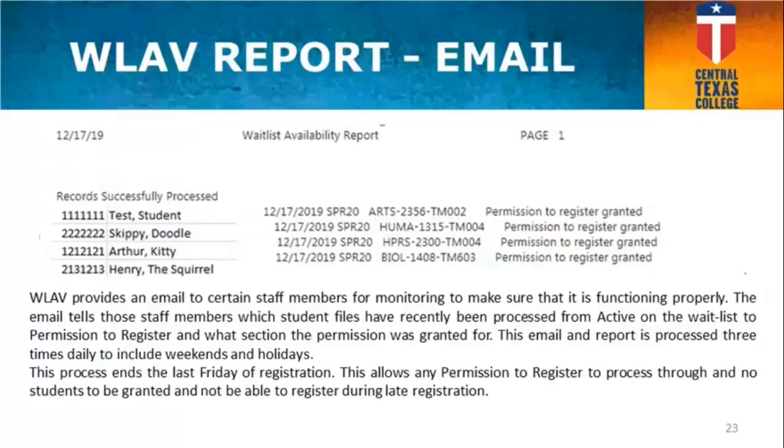The WLAD report, this is an email that we set up on our processor that we run 3 times a day, Monday through Sunday. So even during the holidays and over the weekends during registration, this report runs, and it tells us that students are being processed from a pending status to permission granted while they're on the wait list. So even when we're not here,